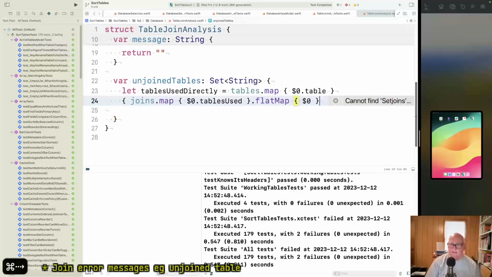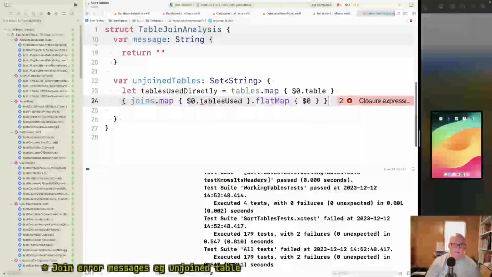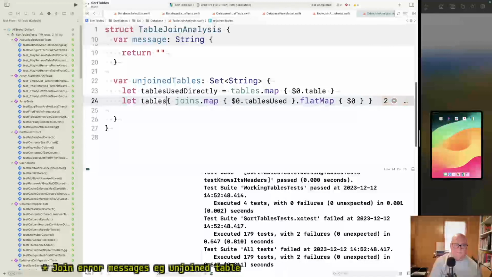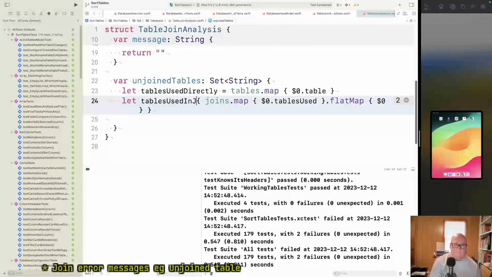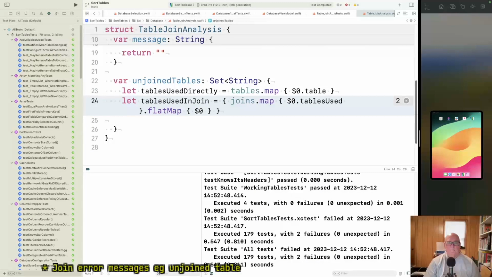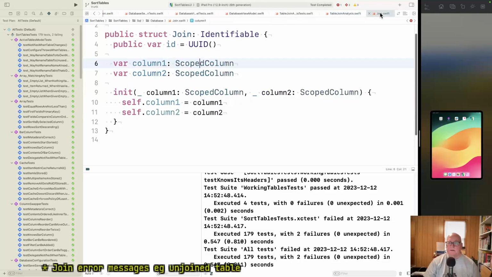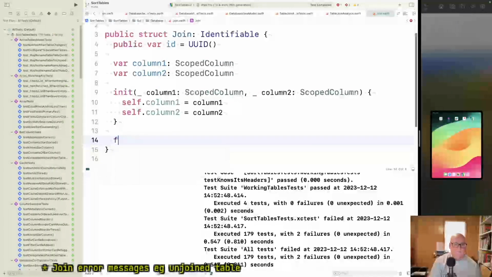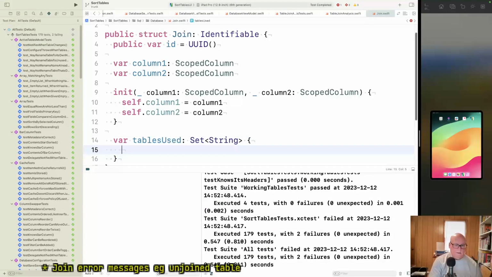Does it make sets like this automatically? I can't remember. Okay, join needs tables used. All right, and we'll take